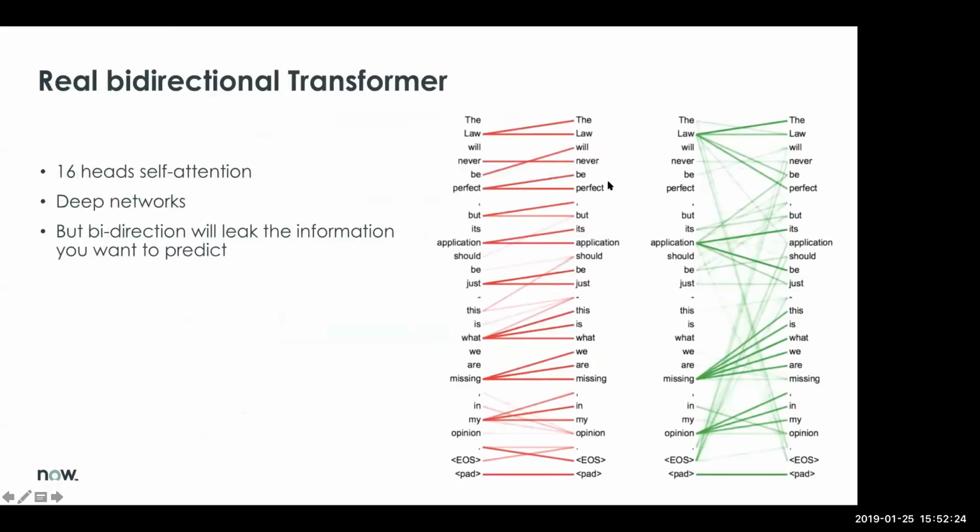So this graphic shows the information integrated between different words. The deeper the color, the more information the word has. For example, the information of the word love is represented in the embeddings of love, perfect, and the other words. So it means this 16-head self-attention and this 16-layer network are integrating a whole bunch of information of the words. It's distributing the information of one word to almost every other word,